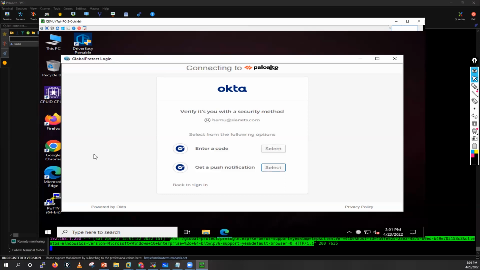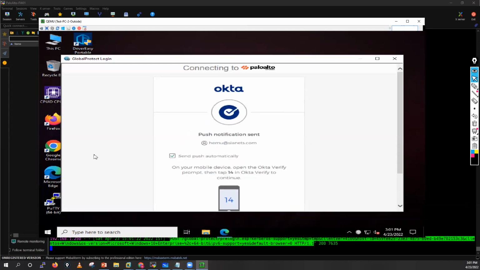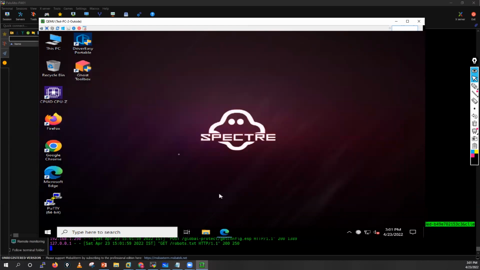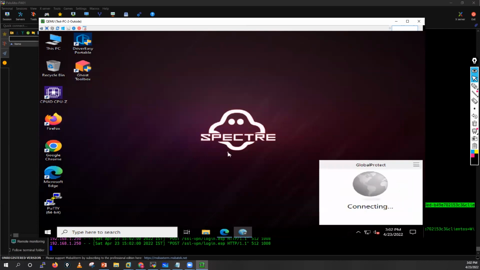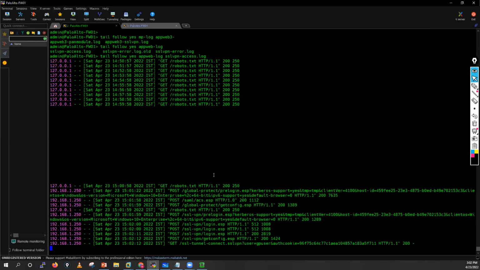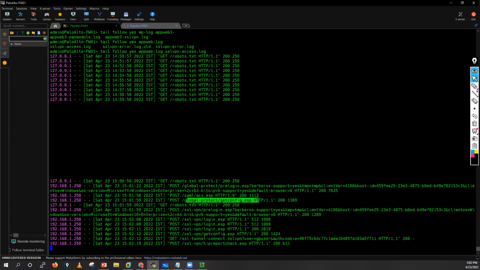If I select the push notification, 14. So let me press 14 here. Now I have to log in with the local database, which is GP user, and the password is admin@123 for this one. Now you will see all your GlobalProtect requests like pre-login.tsp, then your getconfig.tsp on your GlobalProtect directory,